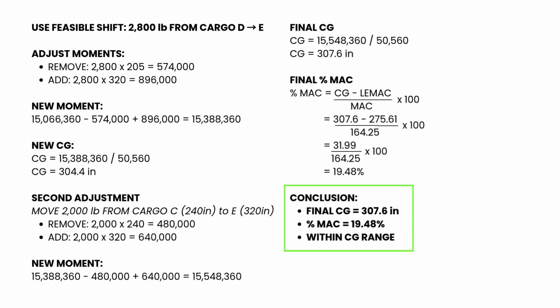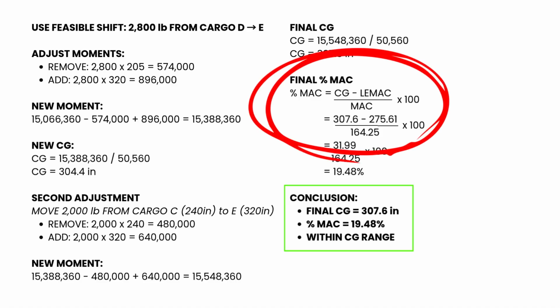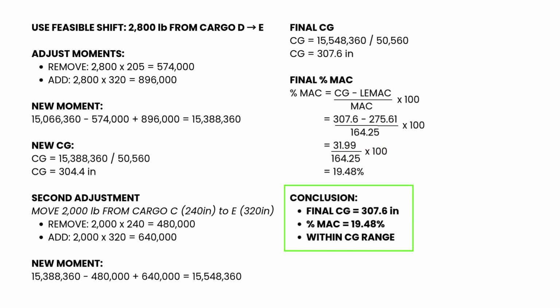Now the final CG, 15,548,360 divided by 50,560. CG is equal to 307.6 inches. Now compute percent MAC. 307.6 minus 275.61 divided by 164.25 times 100. Percent MAC equals 19.48%. Final conclusion. The final CG is 307.6 inches, which corresponds to